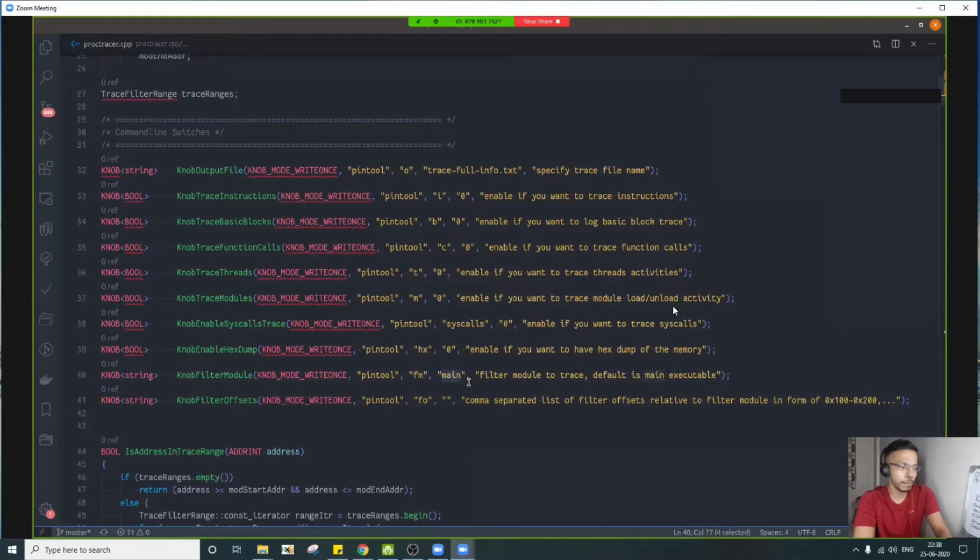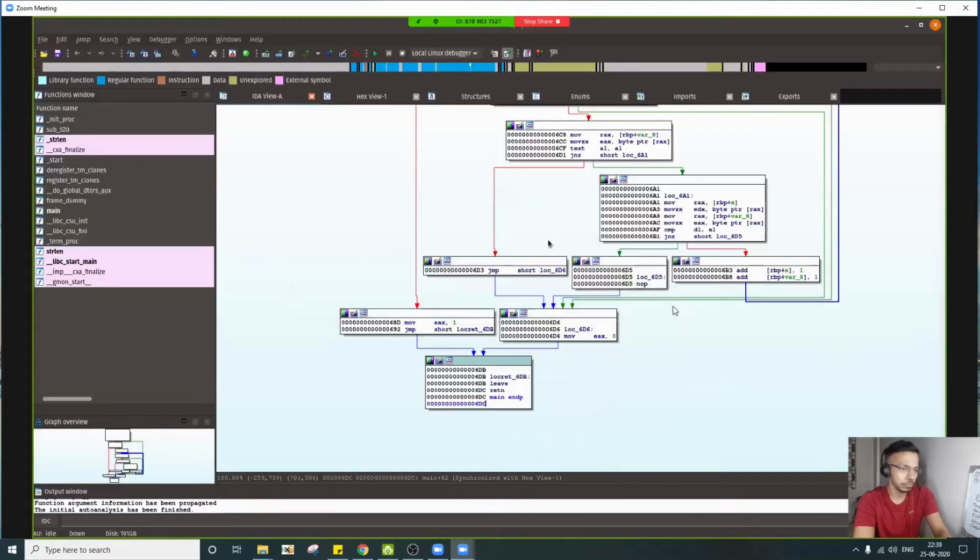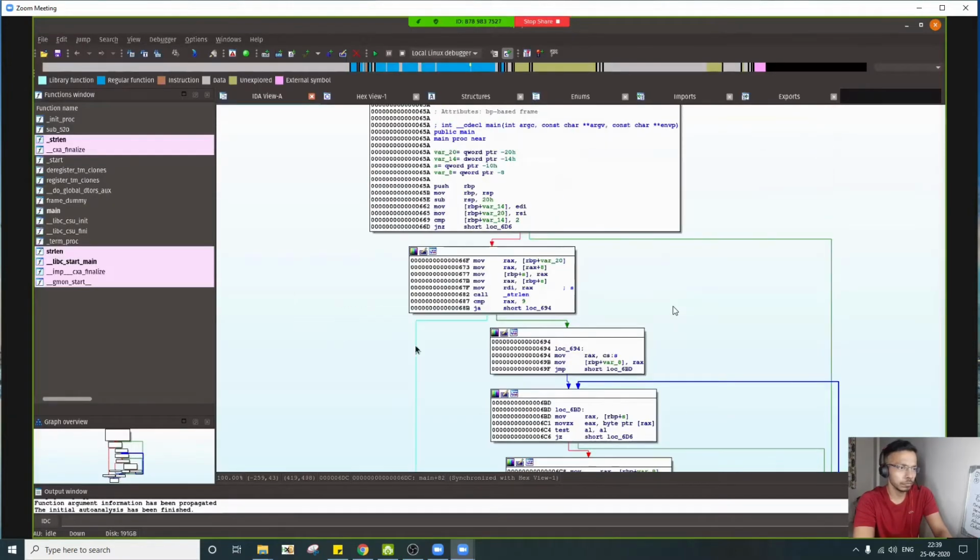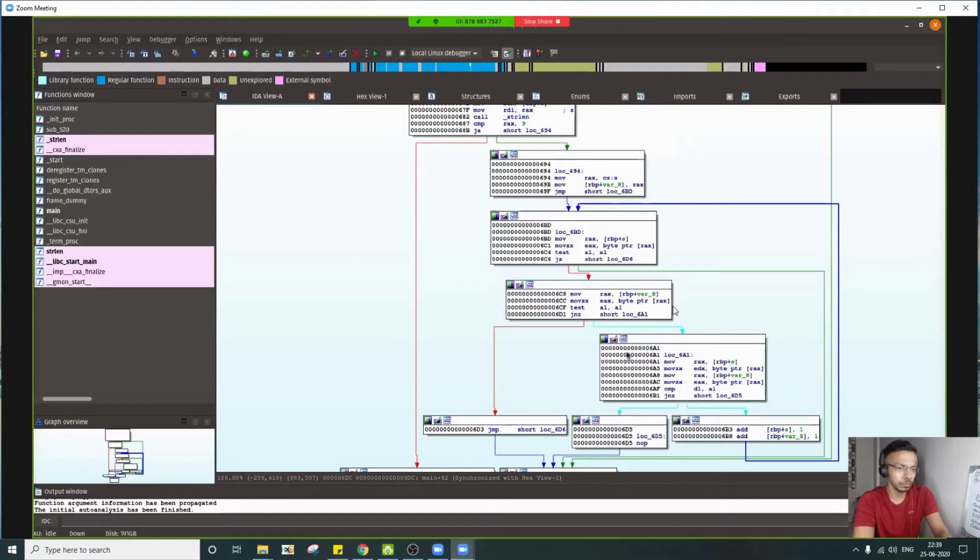If you want to trace a very specific DLL or shared object, you can specify it with the command line option FM. And within that module you also have the option to use a very specific range of offsets. As I said, I'm going to trace only this function, or maybe even just this basic block, and I can do that by passing it the range of trace points.